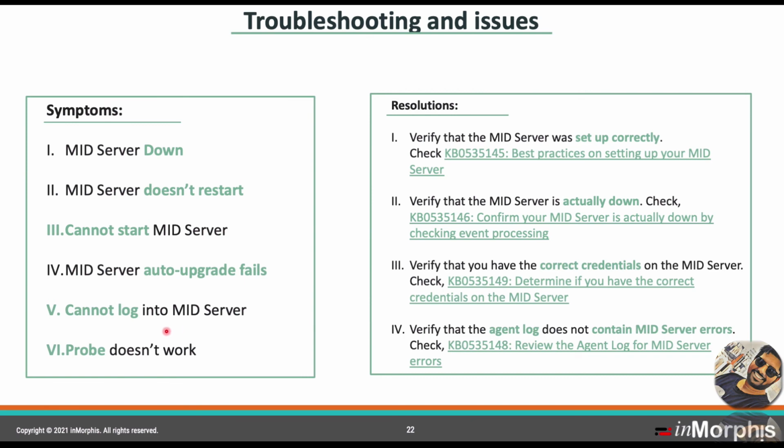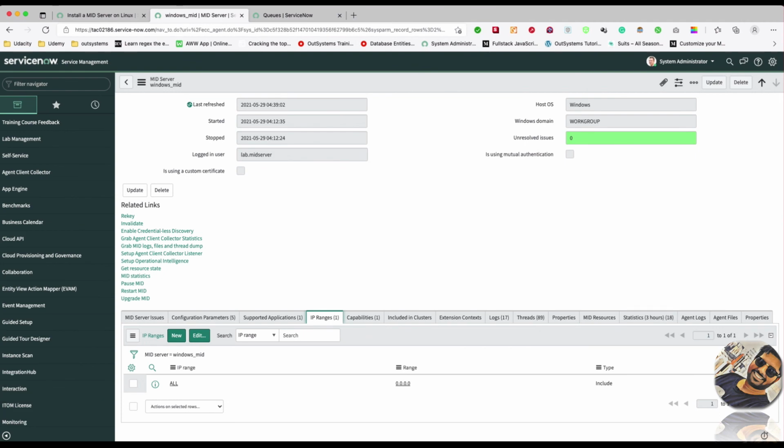And one of the important aspects is that your probe does not work, and this actually happens because of a lot of reasons. Probably one reason is your mid server is overflown with data. Another reason is that once you check your mid server logs, there might be some Java code that is failing. Another is that though the mid server is able to get the data, it depends on how the mid server actually transfers the file. So if I show you this again,